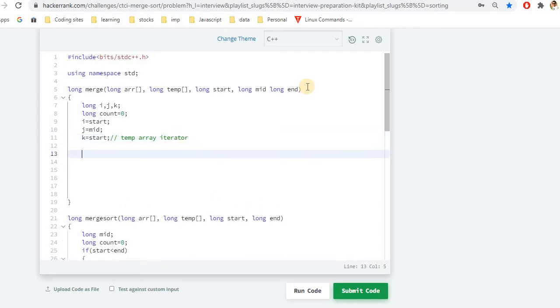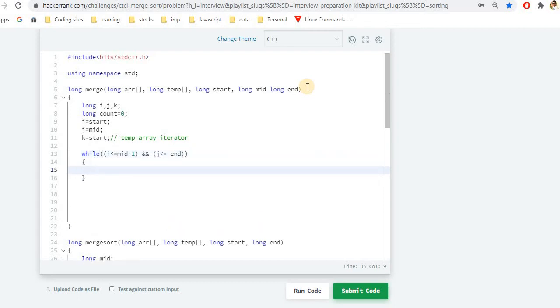Okay, so after initializing the variables, we would be comparing all the elements. This will happen only in the case where our start is less than mid and our mid is less than right. That ensures that we have elements which we will be comparing. So this can be written in a while loop with, let's say, i less than mid minus 1, and we can simply add a statement that j, that is mid in this case, is less than our end. Okay, so this is the base condition.